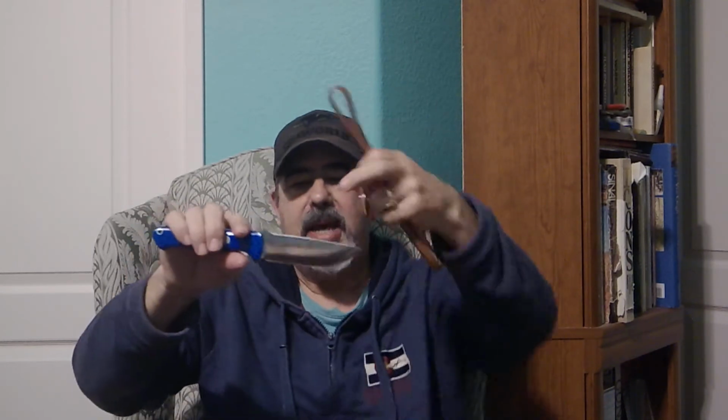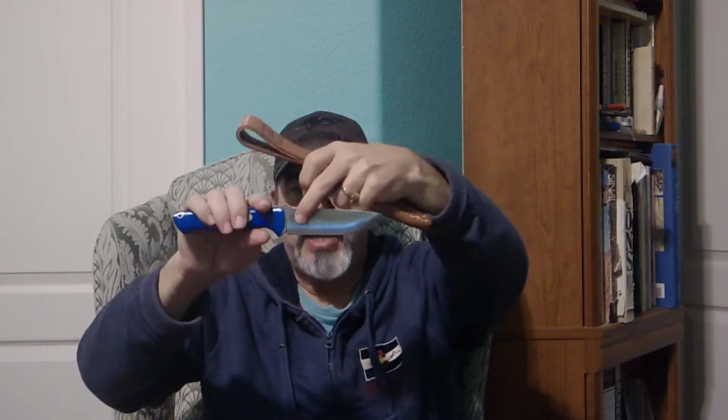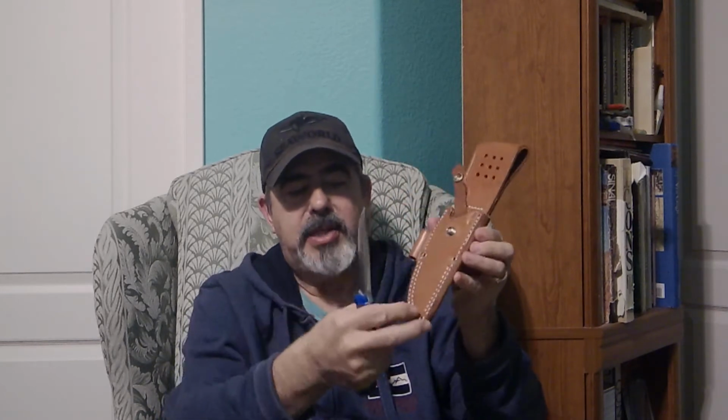Okay, it has a flat grind that goes down to a convex edge. It is a full tang construction with a G10 handle that's brightly colored blue, and it comes in this leather scabbard. This leather scabbard is vegetable oil tanned, and it is double stitched, very high quality, and as you can